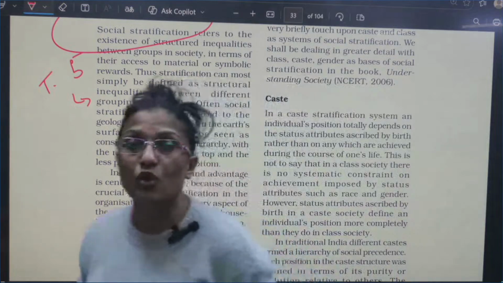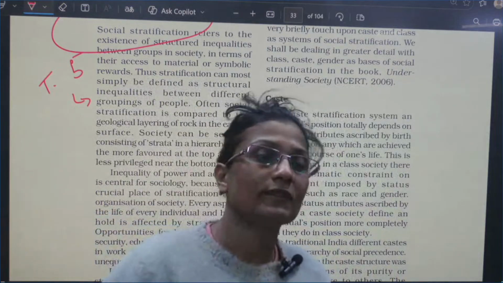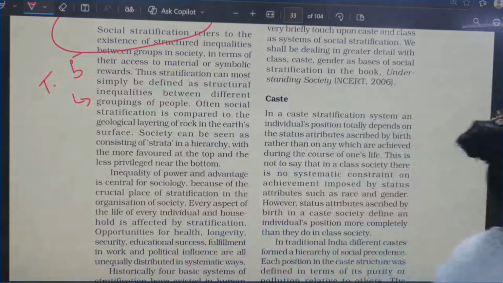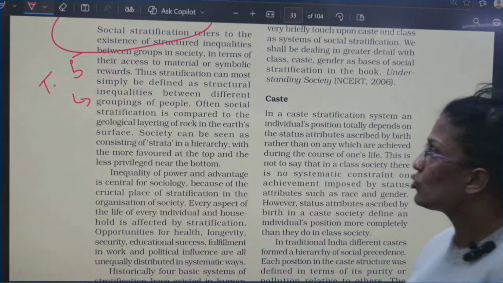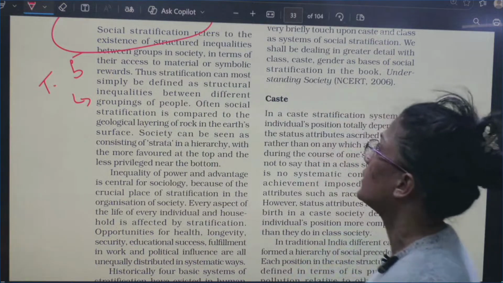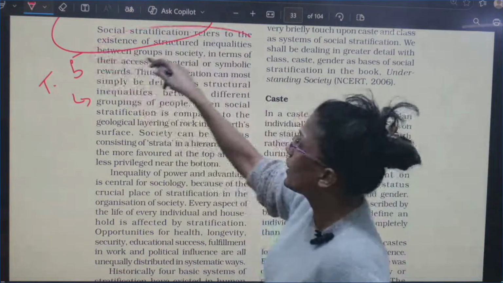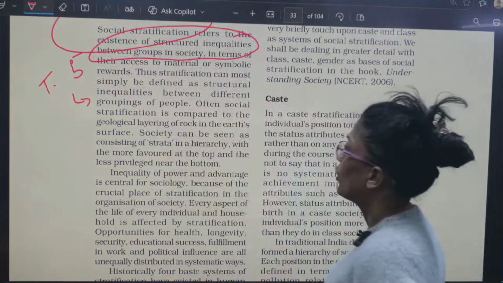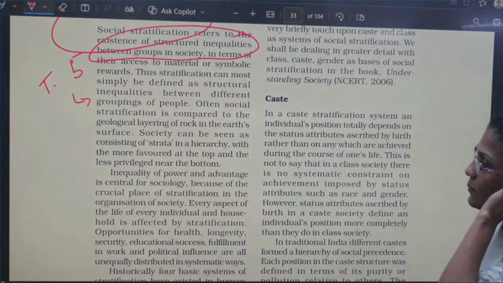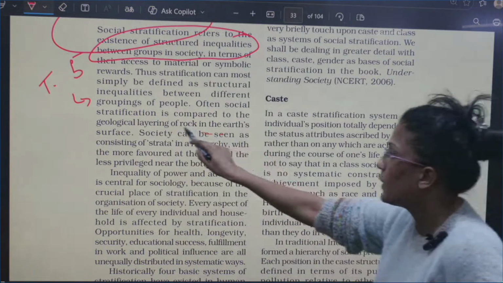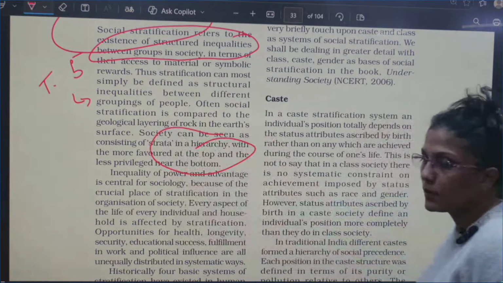Okay, so he is talking precisely about social stratification. Karl Marx, write down somewhere in your paragraph. Karl Marx is talking about structural inequalities only between groups in society. And what are the groups? Haves and have-nots. Now, why is it important? It is important because it tells us how people are acquiring wealth and privileges.